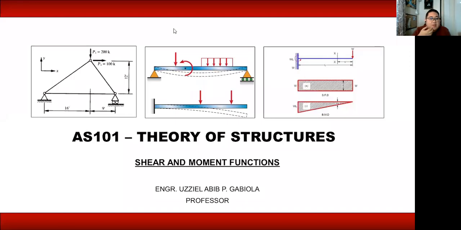Okay, now class, we will now discuss yung shear and moment functions nung beam natin. So, right after we identified or have determined how to calculate yung internal forces natin into a particular point, ngayon consider natin yung shear and moment values natin, yung internal forces natin in terms of X na siya. No? So, ibig sabihin, kailangan ma-identify natin yung equation para any point dun sa beam natin, kaya nating ma-identify o